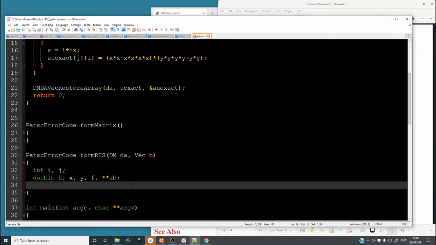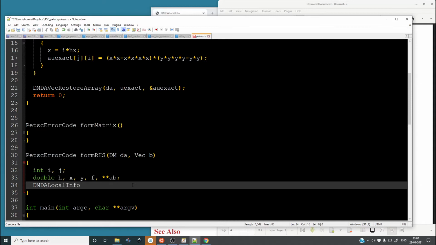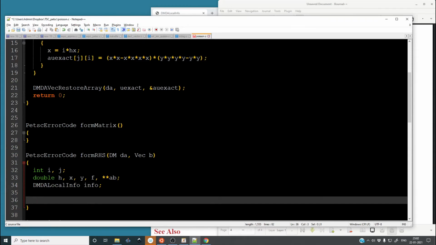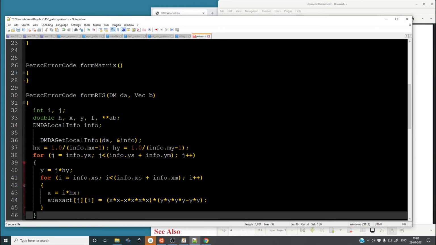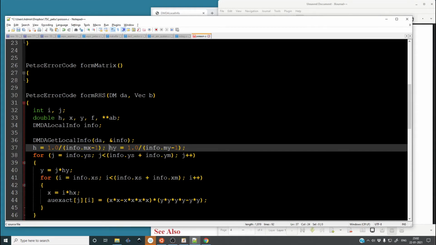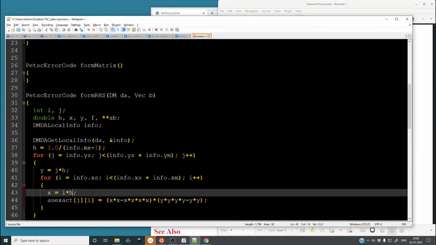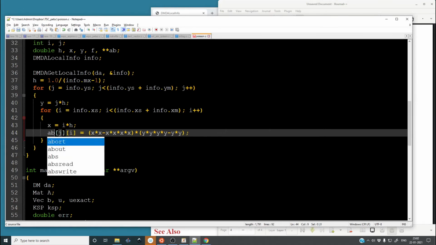All right, so now we have to create this RHS function. So let's do this. Double we've defined, we will need the dmda local info, we'll call it info. Again, this scope is different from the scope of the previous function and main both. Then we actually need this double loop. So let's paste this double loop, we're gonna need it anyway. Instead of having these two declarations, we're gonna just keep one declaration. J loop remains the same. Instead of hy and hx, we simply have this, and a b j comma I will be equal to then